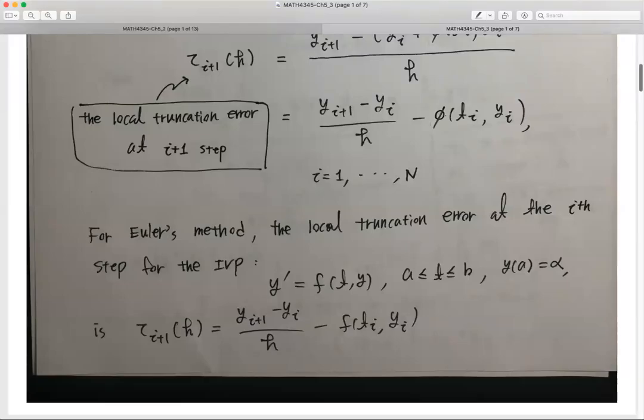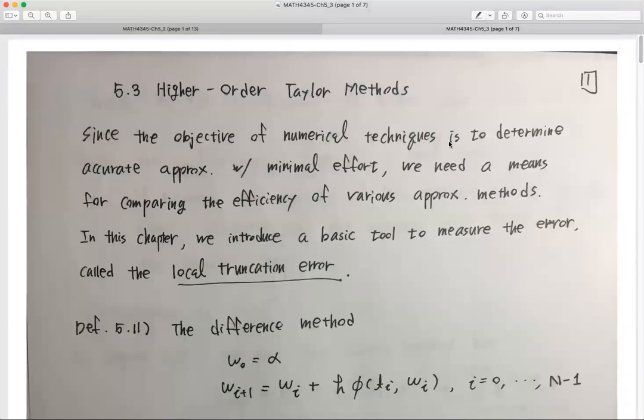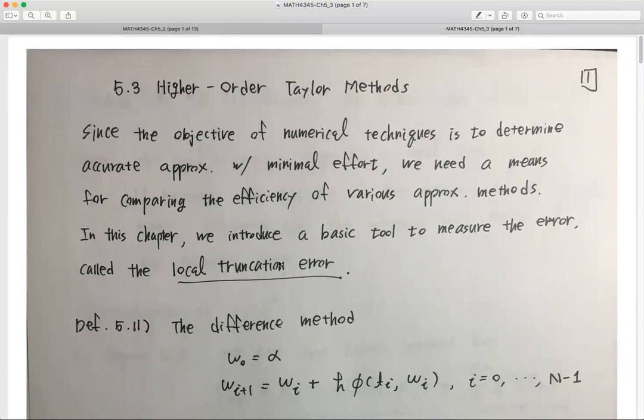All right, in this video, I'm going to go over section 5.3, higher order Taylor method. The first thing we're going to study is local truncation error. Why do we need to study this? Because from section 5.3, we're going to